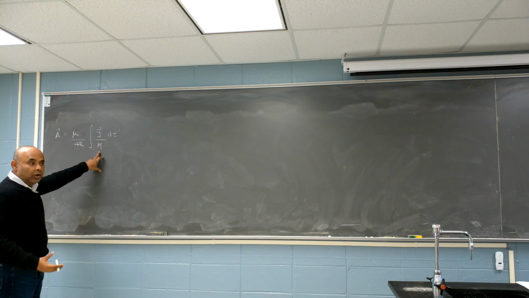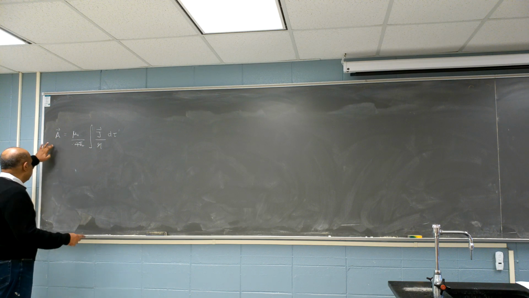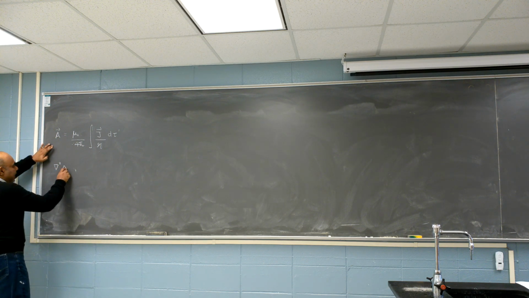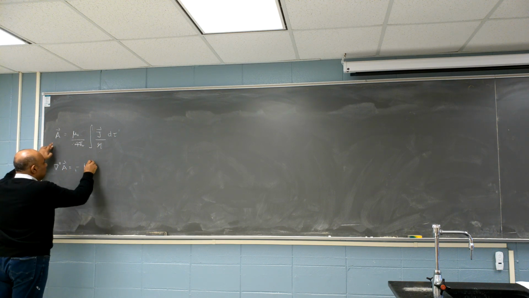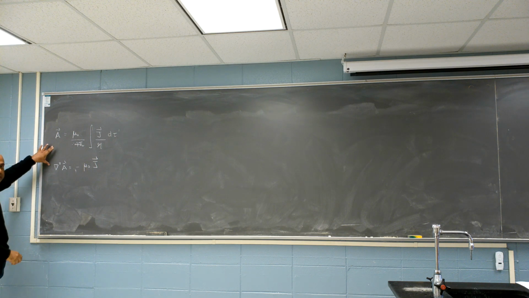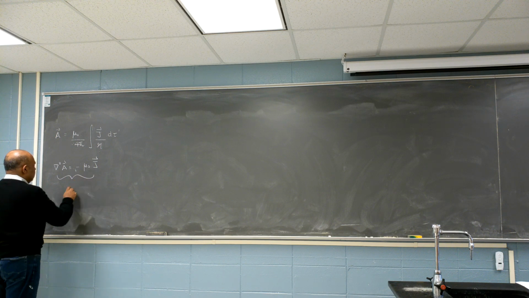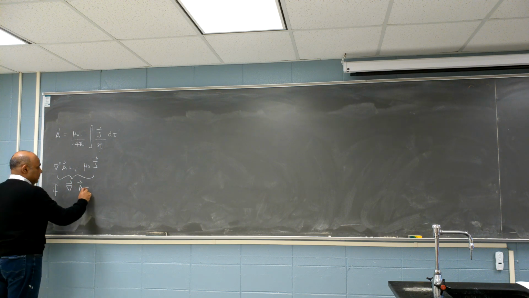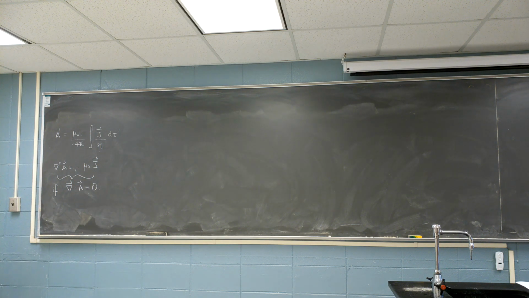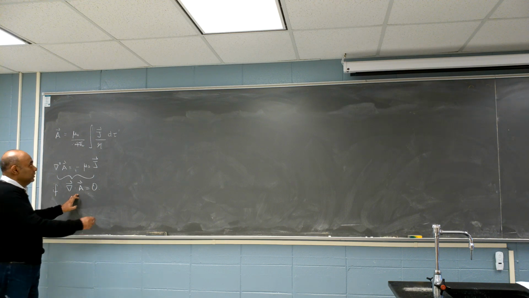This we got from a Poisson equation, and this came about because del squared A was equal to minus mu naught J, correct? But this was only true if... and what bothered me last time as well is, is this expression consistent with this? And the answer is yes, but